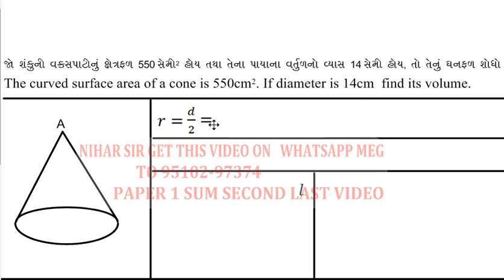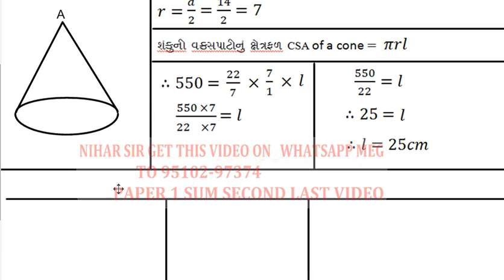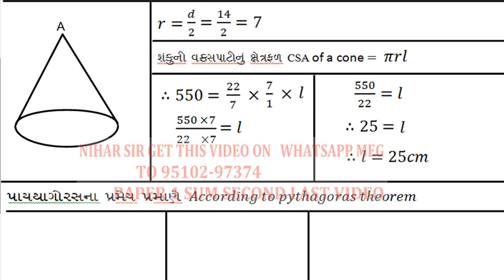Okay, now I am finding radius, that's 7, 14 के आधे. Now curved surface area of a cone, उसका फॉर्मूला मैंने लगा दिया. I have value of curved surface area of cone, that's 550. 550 into 7, ये 7 यहाँ गया, 22 to 7 divide में 7 7 cancel, so my final answer is 25. Now according to Pythagorean theorem, see, L denotes slant height, so slant height is 25,